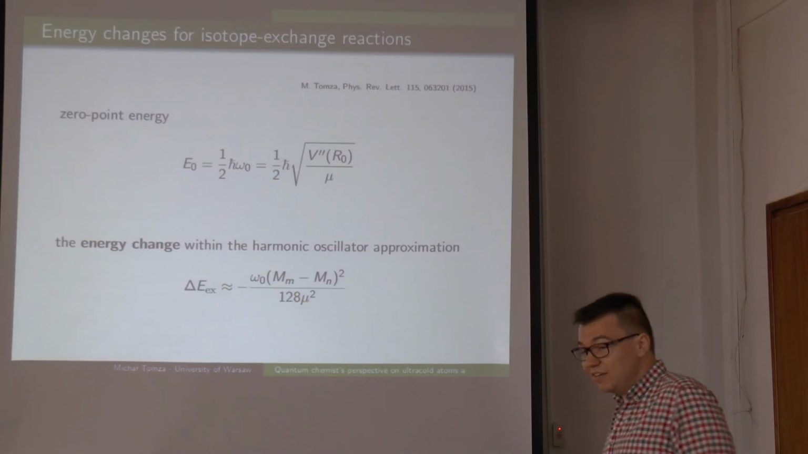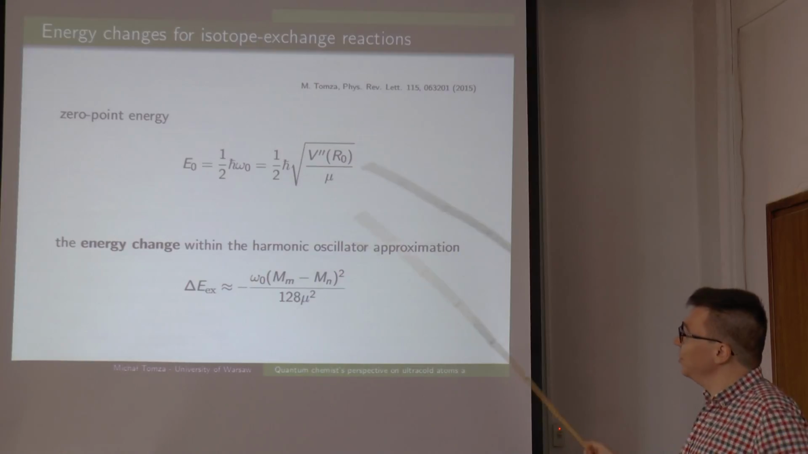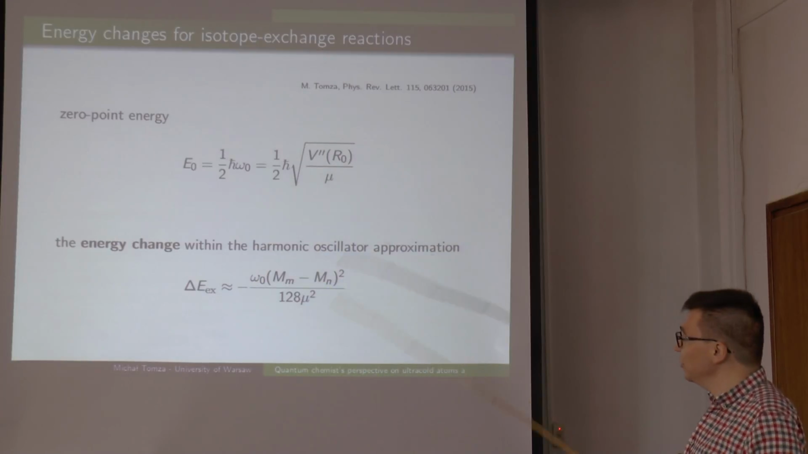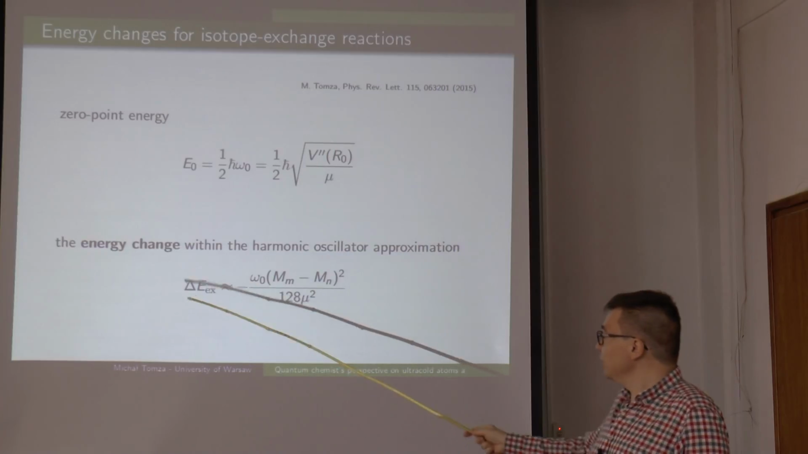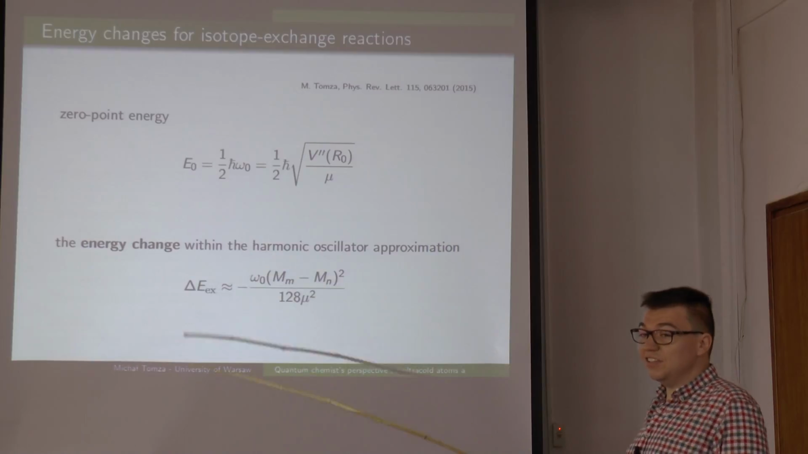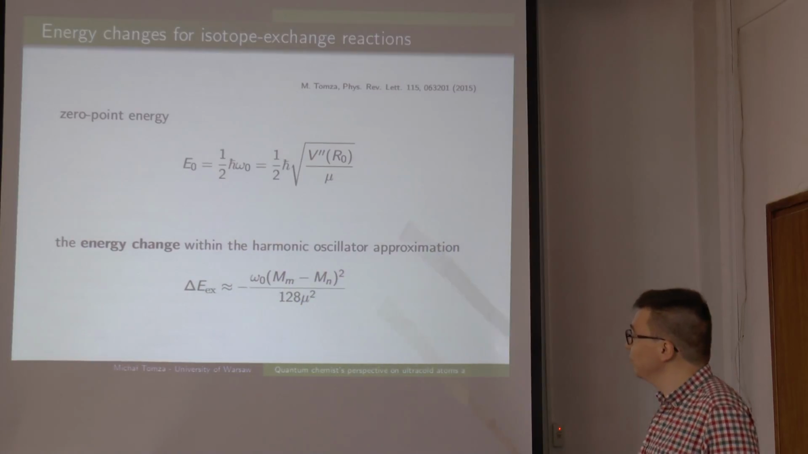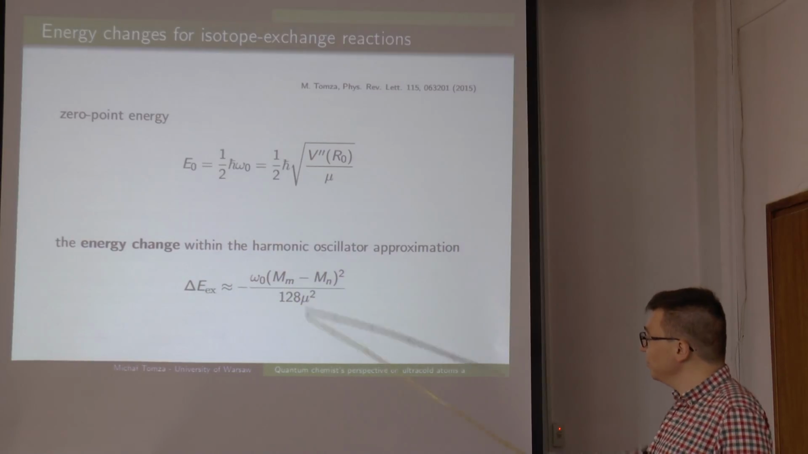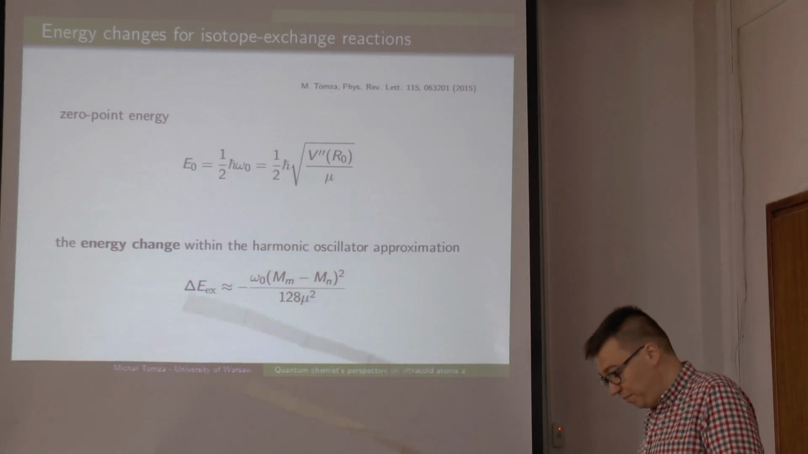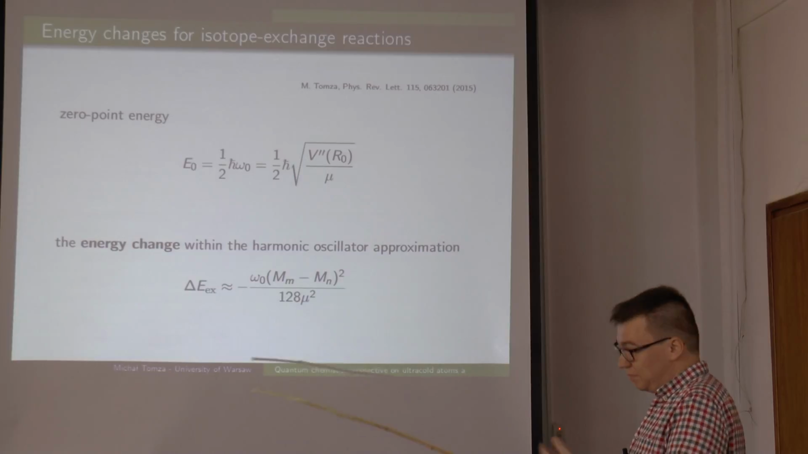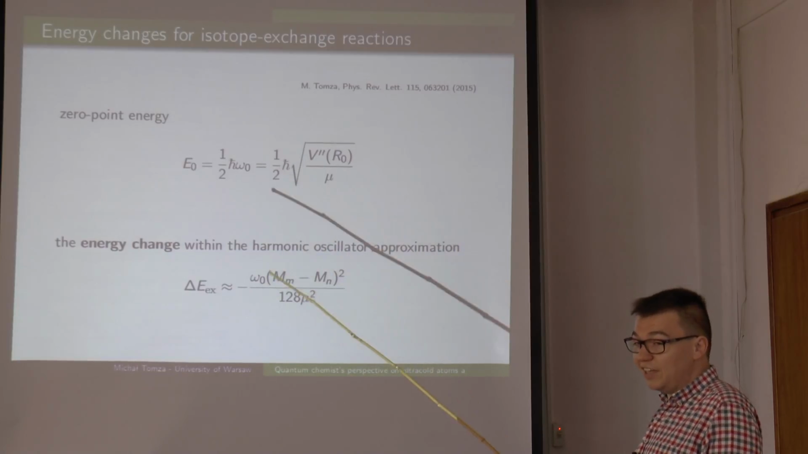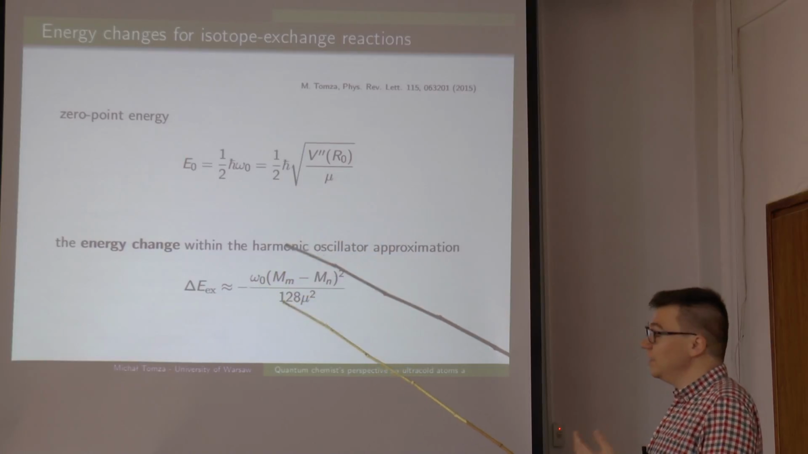And just by making a very simple approximation at the beginning, starting from zero point energy in the harmonic approximation of the potential, we can show that the energy change, the energy release in this kind of reaction, is given by this simple formula. And what we can see here, first of all, is that it's negative. Negative in my convention means that the reaction is possible,